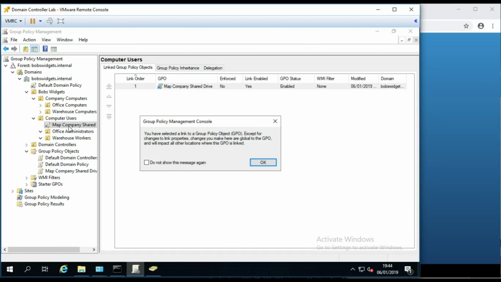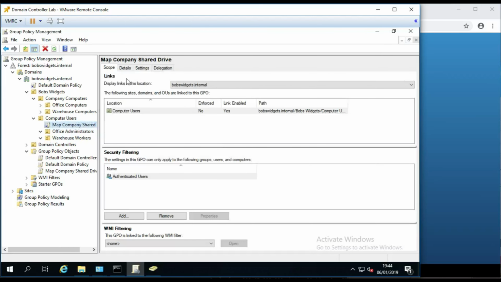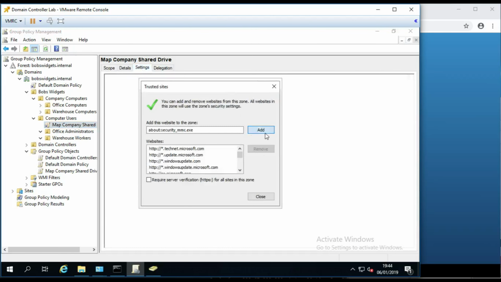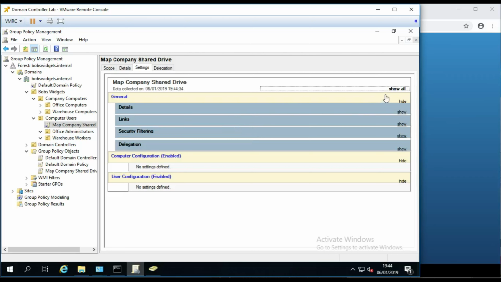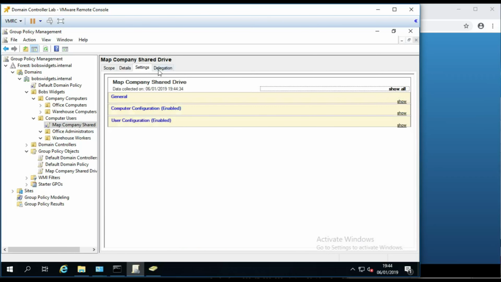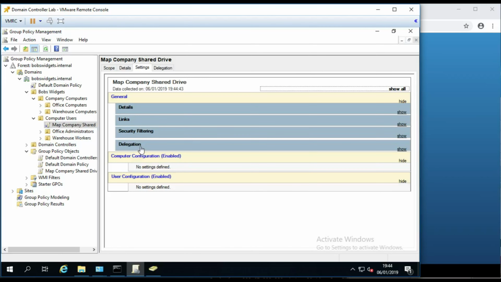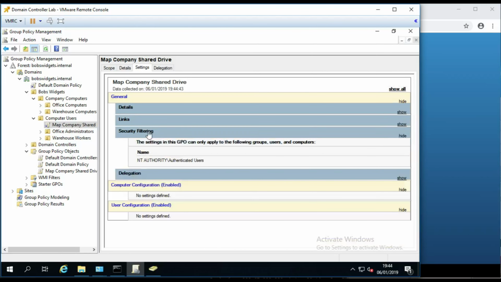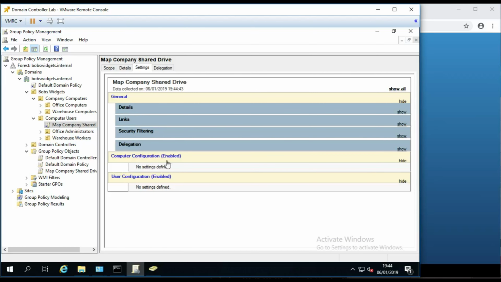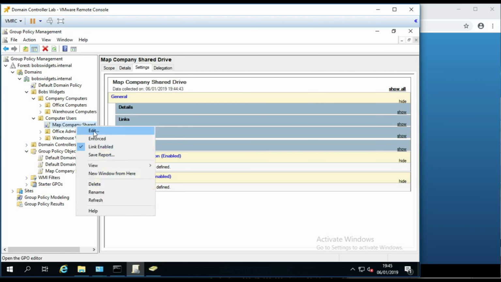So if I click on it and go to settings, add that to my security zone. You will see you can ignore most of this information to do with security filtering, links and details, but the computer configuration, there are no settings defined, and the user's configuration, there are no settings defined. So this is totally blank at the moment. I want to right click on it, click on edit,